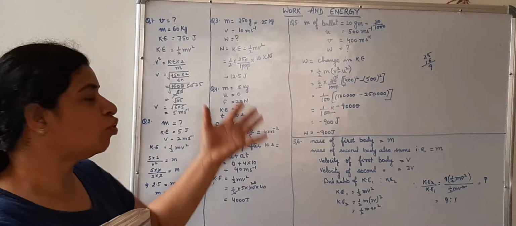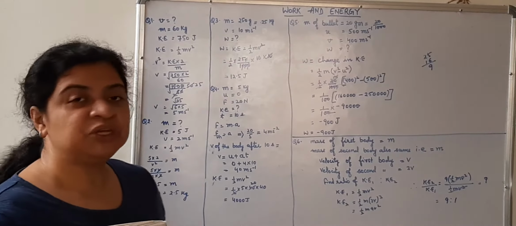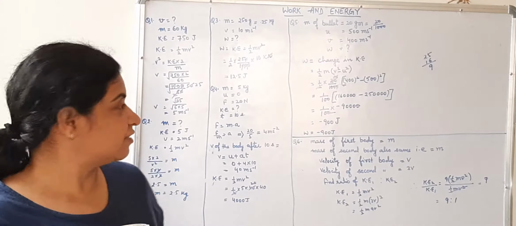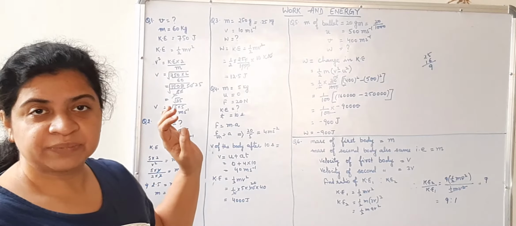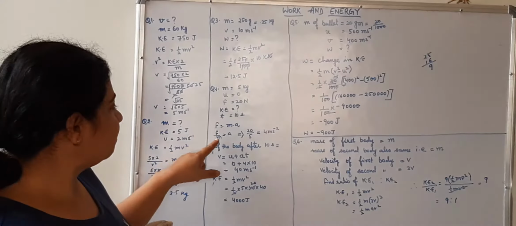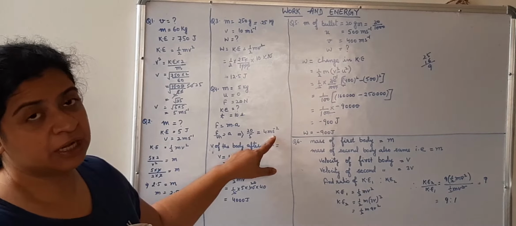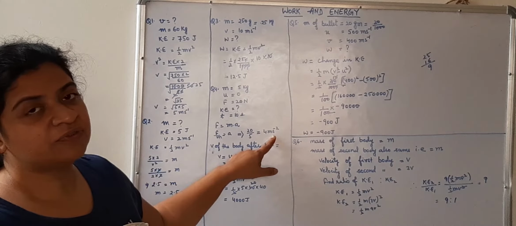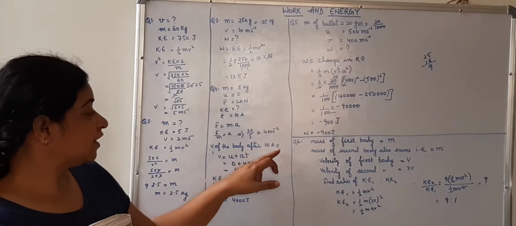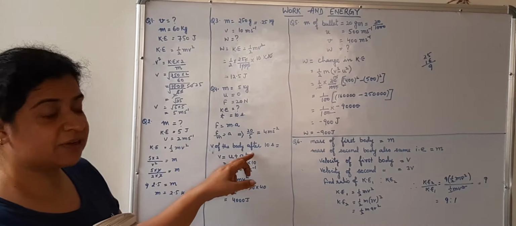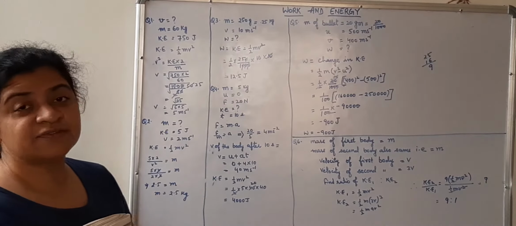First I need v. There is no v. For v, from acceleration, time and u, we can find out v if I know acceleration. We are given here the force and mass. We know that F is equal to ma, a is equal to F upon m, that is 20 upon 5, 4 meter per second square is the acceleration. Now we got the acceleration. Use this acceleration in the first equation of motion. v of the body after 10 seconds is v is equal to u plus at, first equation. u is 0, a is 4, time is 10 seconds. So v is 40 meter per second.